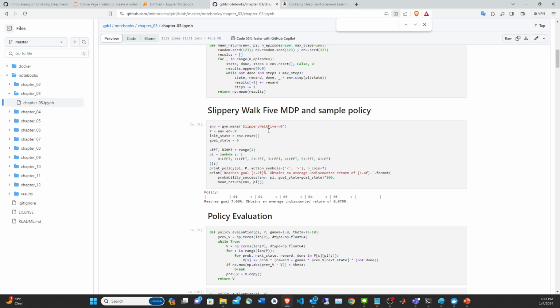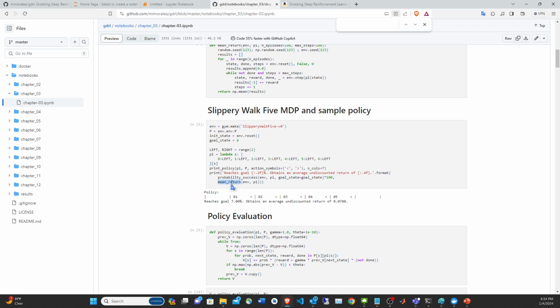So okay, for a moment, let's see how it goes with this very simple example. We're going to get a very bad policy, and you can see that we captured the policy into a lambda. Basically, the policy is, for state 0, 1, given the state, we always go left. Then we create a dictionary. That dictionary's key is the state, and the value is the action. And then the lambda is given the state and just evaluates the dictionary and gets the action. Okay, so now we're going to print the policy, the probability of success, the functions that we just declared,